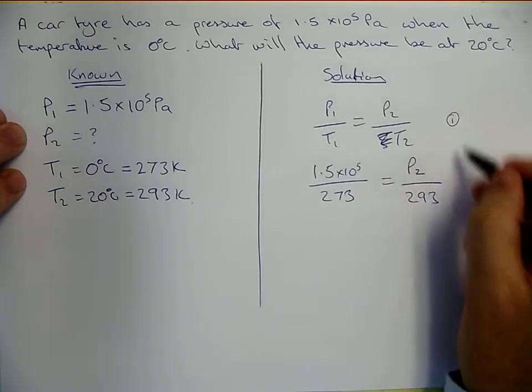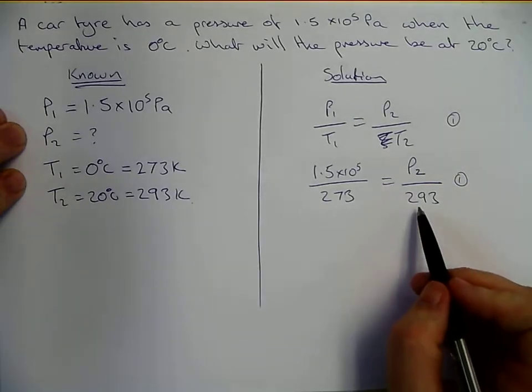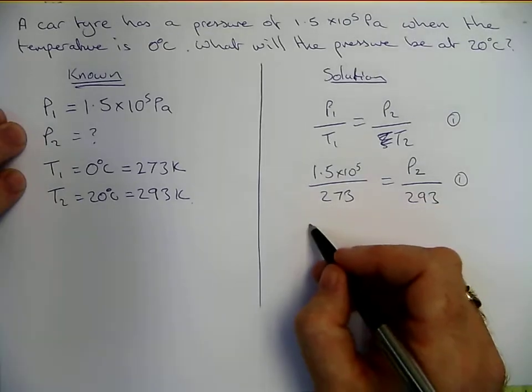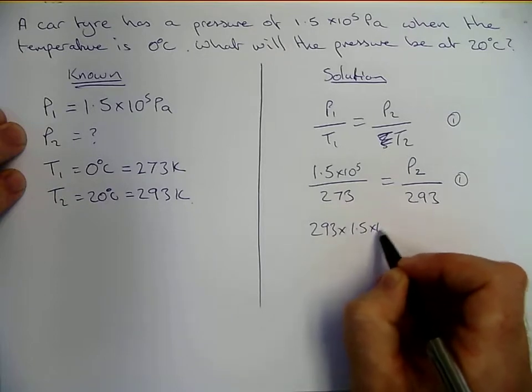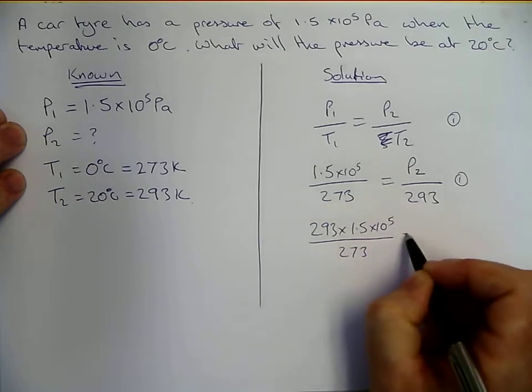That gets you 1 mark, that gets you another mark. Final mark is to try and get the answer. So we have to do a wee bit of work for that. We have to get rid of the 293, so we're dividing just now, so we multiply. So it's 293 multiplied by 1.5 times 10 to the power of 5 divided by 273, and that is what